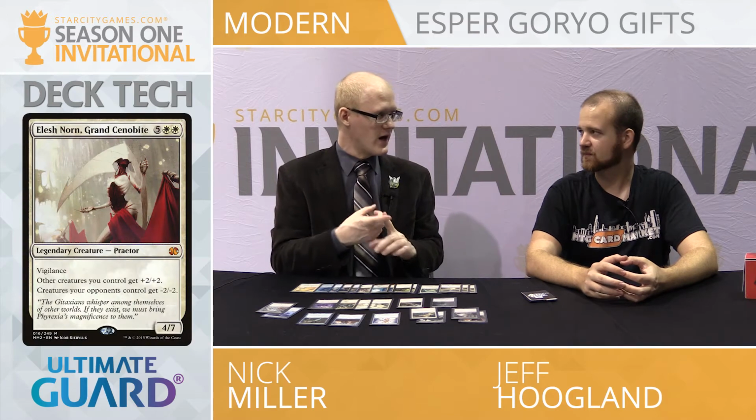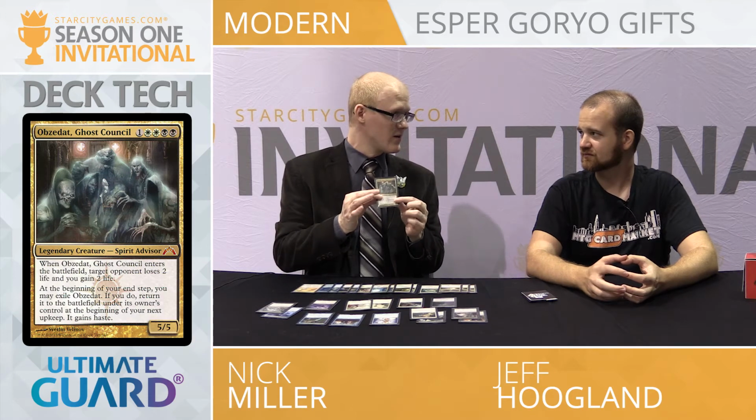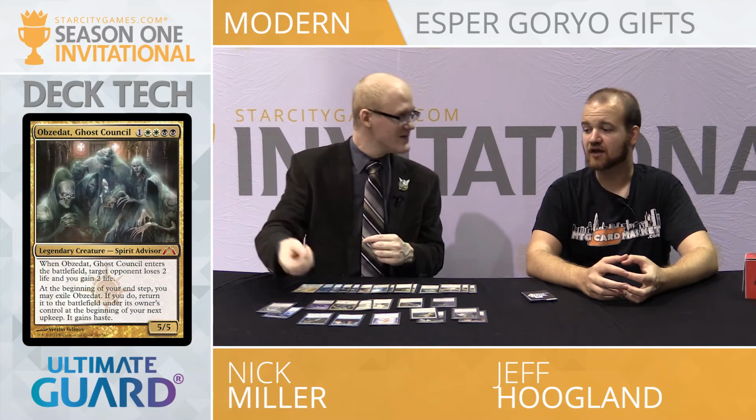Elishnor and Iona, we kind of expect those out of the gifts package. Yep. But now we have Obzedat, 3 copies of this card. Brian Braun-Duin would be very pleased. So Obzedat, I mentioned that you always want to be doing something kind of powerful and busted in Modern, and